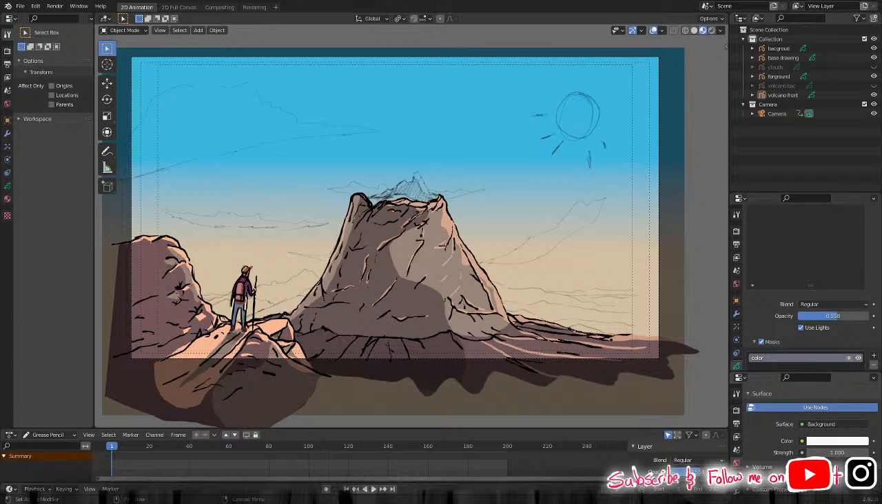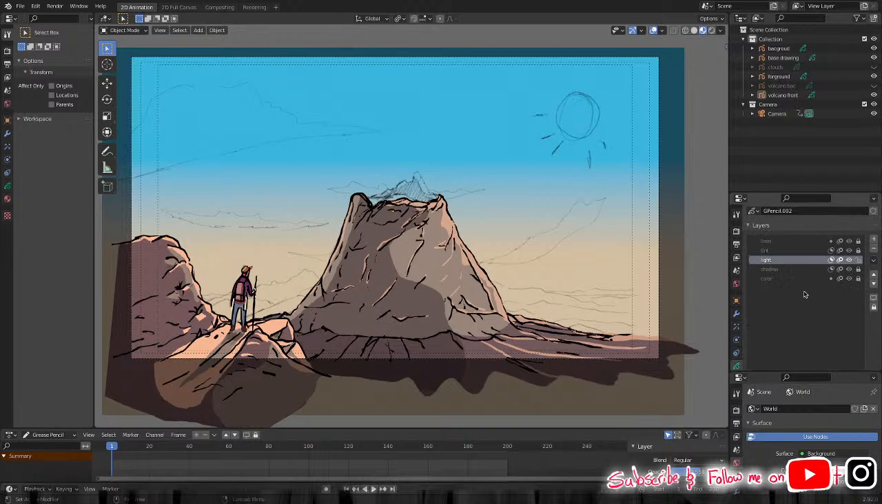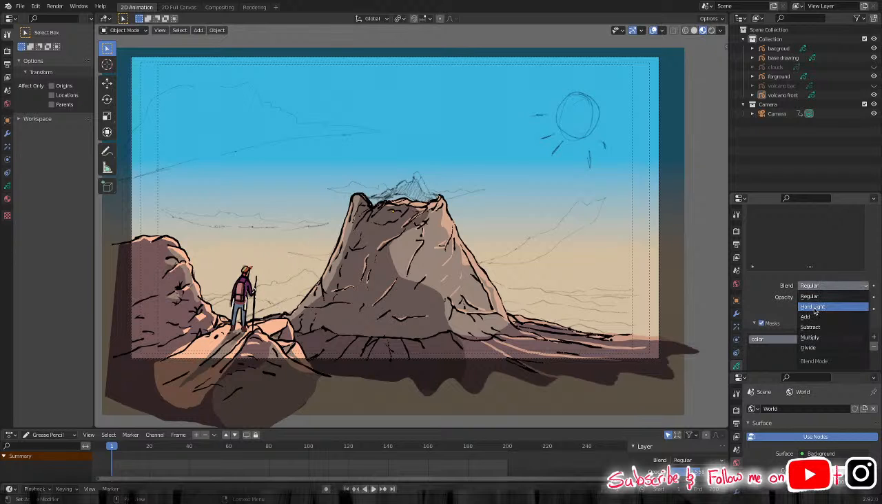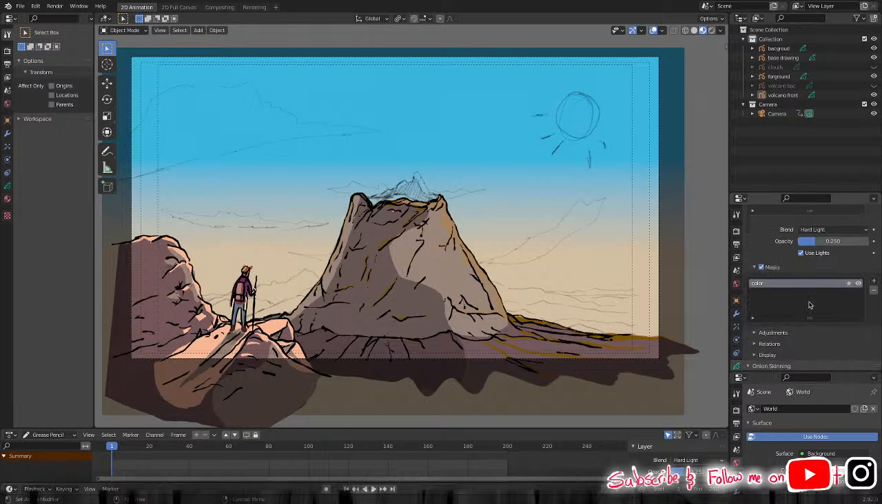So for that, it is as simple as going onto, since I already did this area, maybe the light should be hard light. How's that look? I don't know. It's too much. I kind of like it. Alright, so